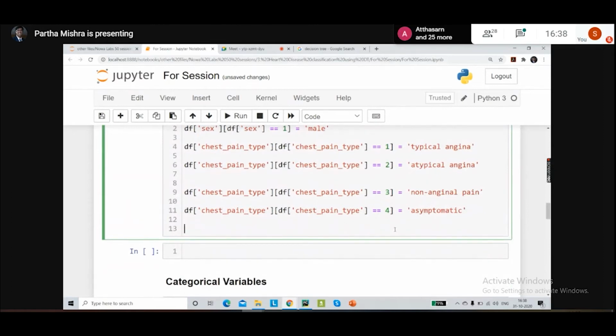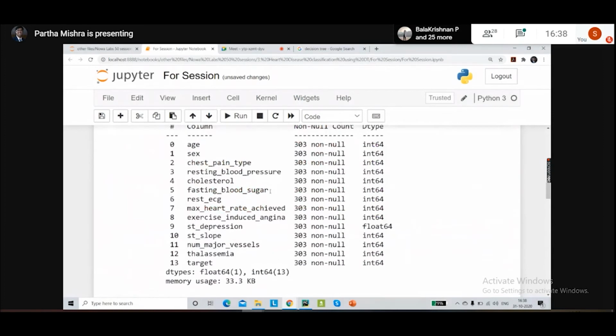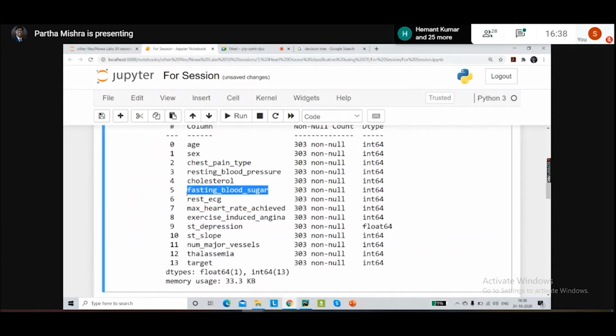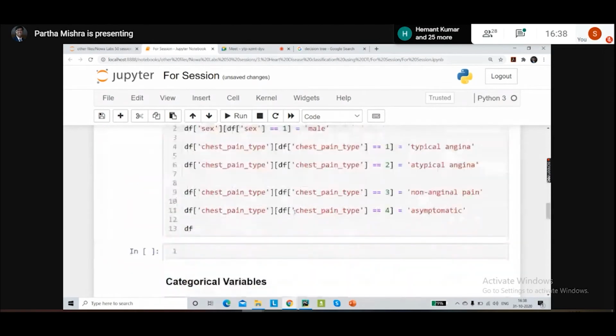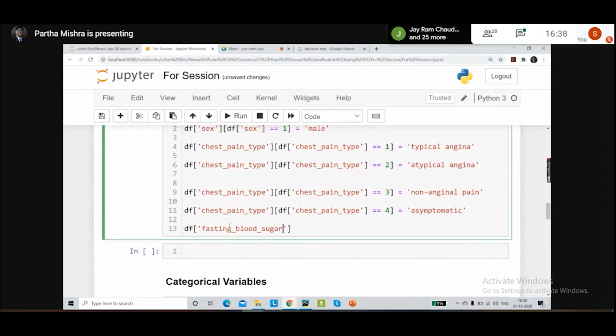The next thing we will do is go for the fasting blood sugar. That also should be a categorical value. So here we have two types.